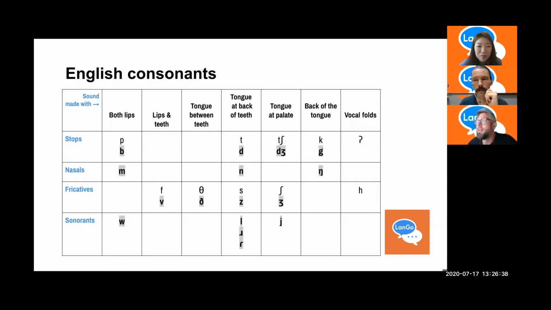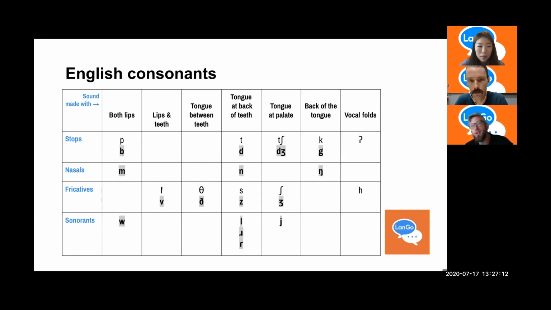Okay, so starting with the lips and moving right, it's again going from the front of the vocal tract to the back. Now, English has 4 bilabial sounds, right? Which we are calling here both lips. That's what bilabial means. Same thing. So we have P and B and M and W, right? P and B are our stops. The shaded one, B, is voiced.